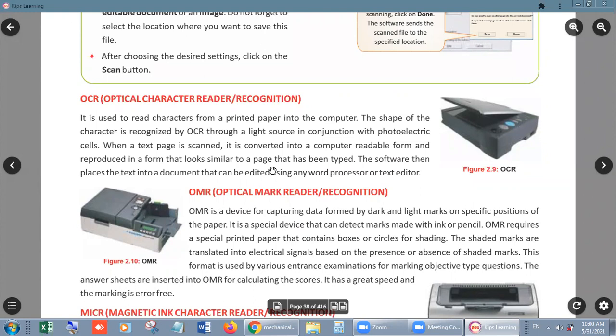Okay, this is only a picture, we can't make changes in it, but after using editing software, we can make changes. It means these letters are typed into the MS Word format so that we can change them, right?